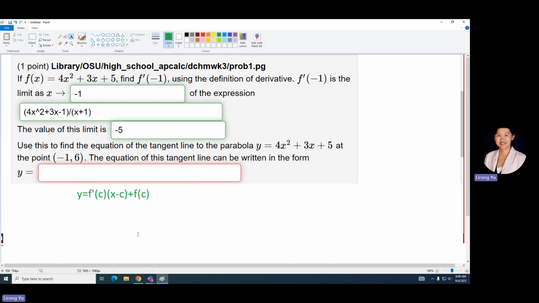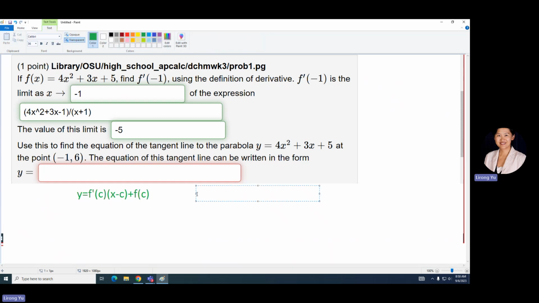Now, we already know the point is (-1, 6). We have it here as well. This is -1, that is 6. Since the question itself is giving us (-1, 6),